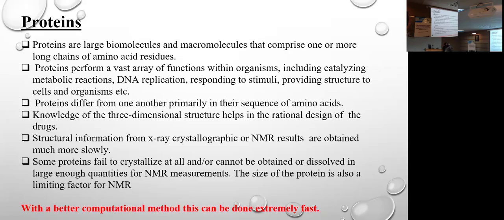They have a specific structure and perform various functions within the organism, such as metabolic reactions, DNA replication, and responding to stimuli. Proteins differ primarily in their amino acid sequence. You all know the amino acids as well. There are about 22 amino acids repeating in every protein, but the sequence is different, so the protein becomes different. And if the protein becomes different, their structure and orientation change.